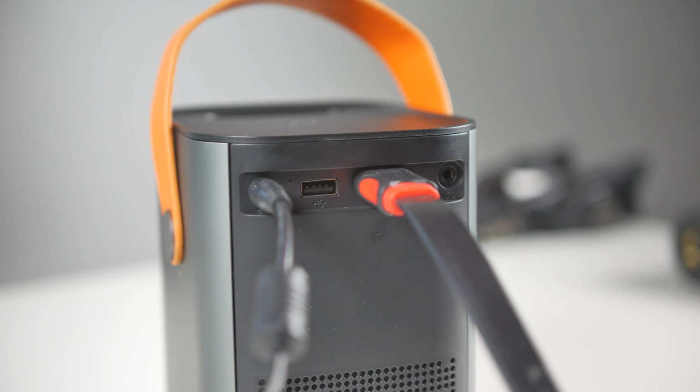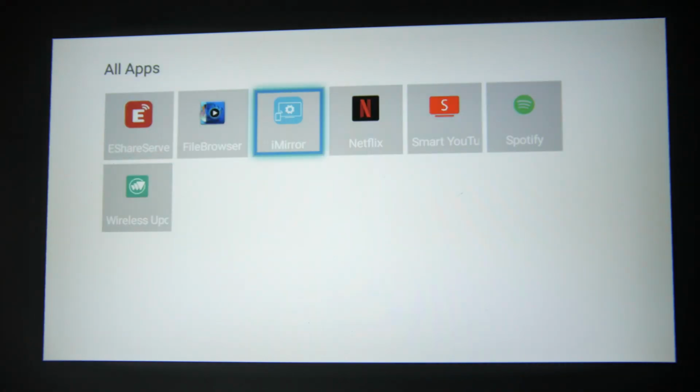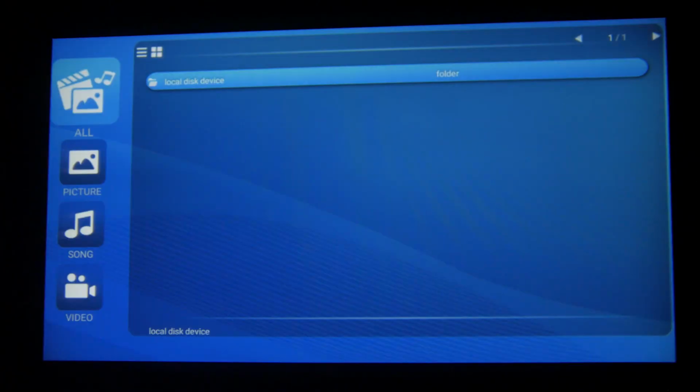Now, with this Canadian version of the Meauro projector that we have over here, we actually don't have access to the Google Play Store. So downloading applications is a little bit tricky since you have to do it manually via a USB connection and actually find the APK file that you want to install onto the Android. Unfortunately, we don't have access to an update at this point, but hopefully one will be coming for this unit